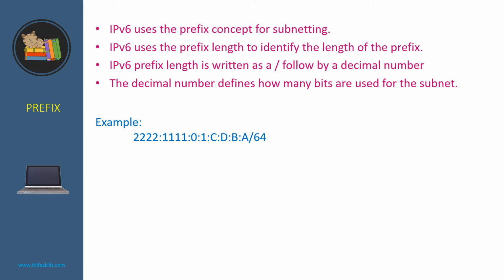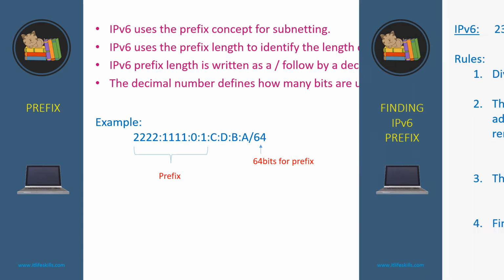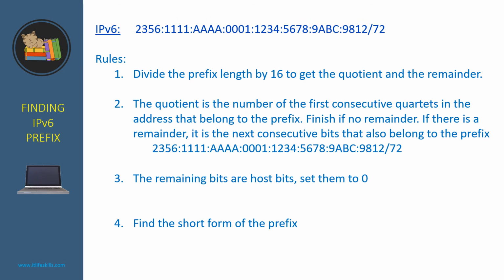And here is an example. As you can see, this prefix length tells us that it uses 64 bits for prefix. Therefore, this is a prefix. Let's find the prefix for this IP version 6 address. Here are the rules. First, we need to divide the prefix length by 16 to get the quotient and the remainder. As you can see, the prefix length in this case is 72 bits, so the quotient is 4 and